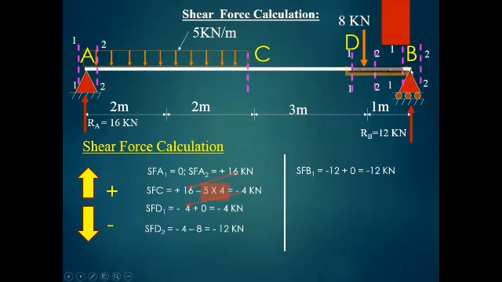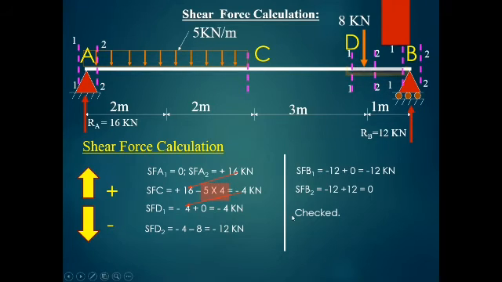And last is B2, that is on the right hand side of B. So if you look on the right hand side, you will get the answer 0. But we are using the cumulative method. So B2, this minus 12 I have taken down. Between B1 and B2, I have this reaction 12, which is going up. So plus. So I'm going to get 0 answer, and that will be my check. So my shear force calculation starts with 0, ends with 0. So the arithmetic is correct.